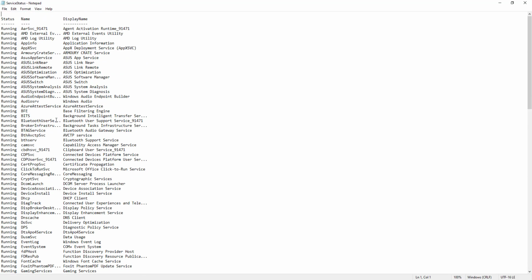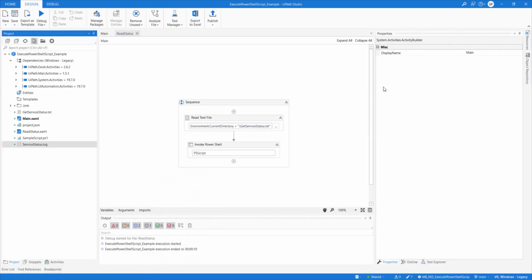So once this file is generated, in your use case, if you want to see if there is a stopped process and you need to start it, you should be able to write the logic here, and that's where these PowerShell scripts are useful.